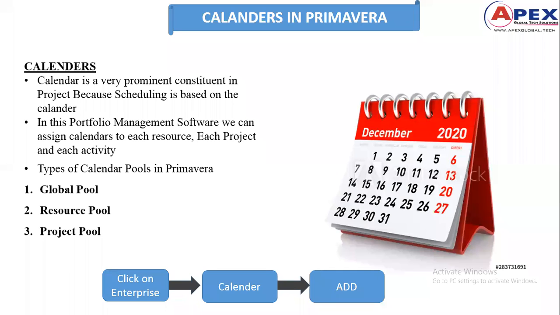In some cases we'll go for both Saturday and Sunday as the week off, and in other cases we'll consider, for example in Saudi Arabia, they have a Friday week off. Even we handle some of the projects of Saudi Arabia. They'll have Friday and Saturday as the week off. These are the minimum constraints and minimum things that we have to consider while creating a calendar.